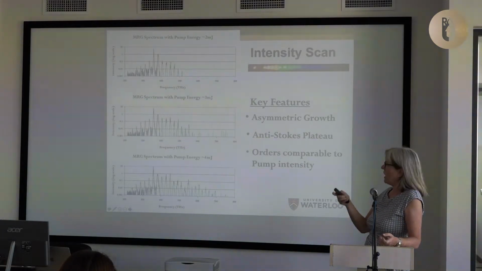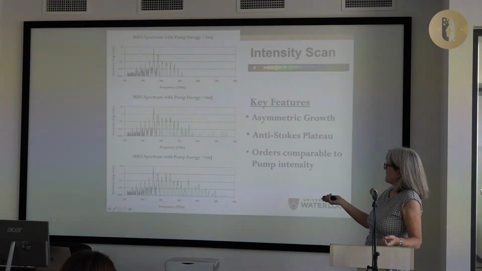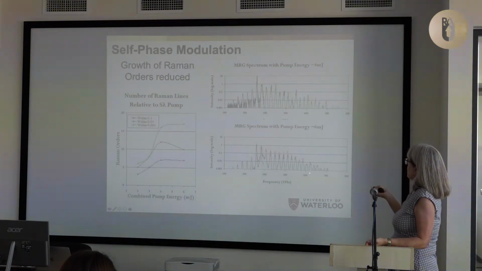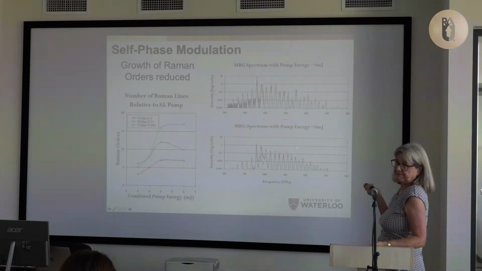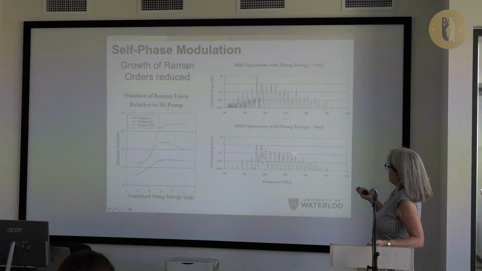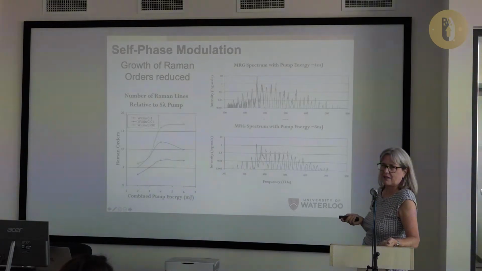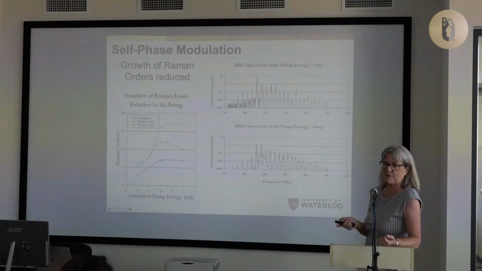This was looking good. So that was 2 to 4, it's just twice the energy. We could go to 6 back then. Going from 4 to 6, you'll see we got stopped. We got stopped, and also we saw this sort of continuum showing up. And so we started to ask ourselves, were we competing with self-phase modulation?